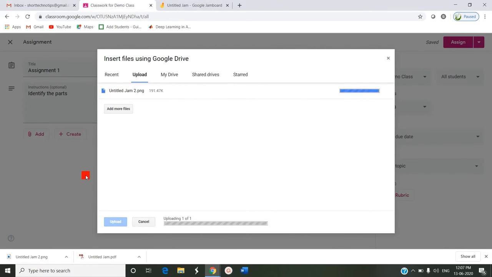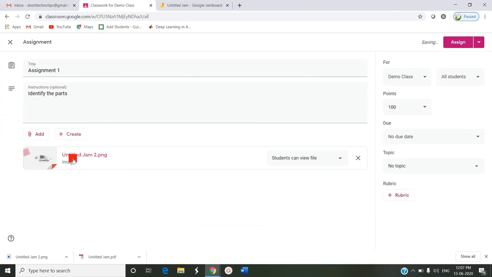I'm uploading. So this is sent to the assignment. Here I have to enable the option for the students to edit. Students can view the file as the default. Here I am changing the option so that students can edit the file, so that they can open this Jam and